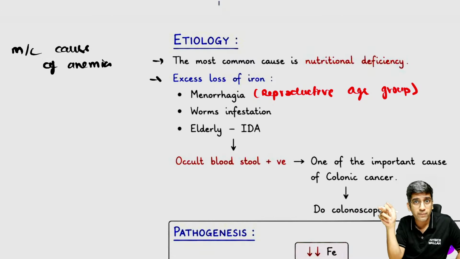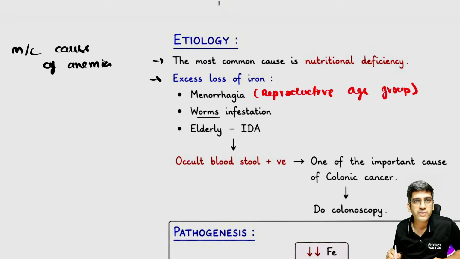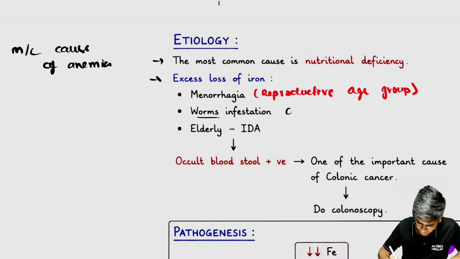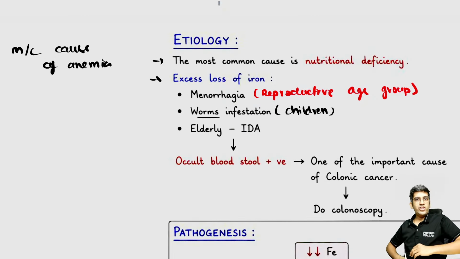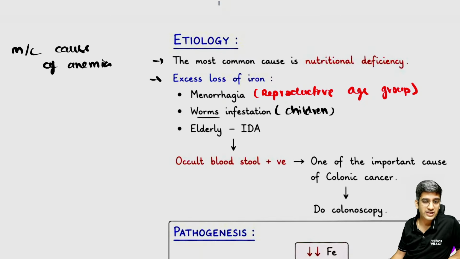If you don't eat properly, it will result in iron deficiency anemia, right? Worm infestation. Which age group is more prone to worm infestation? Adults, children, middle-aged? Children. You must have read in microbiology, Ankylostoma duodenale and Necator americanus. It will lose 0.3 to 0.1 some grams of iron per day. You know the answer, right? Every single day I'll have iron loss, right? Worm infestation is something which has to be taken care of seriously, right?